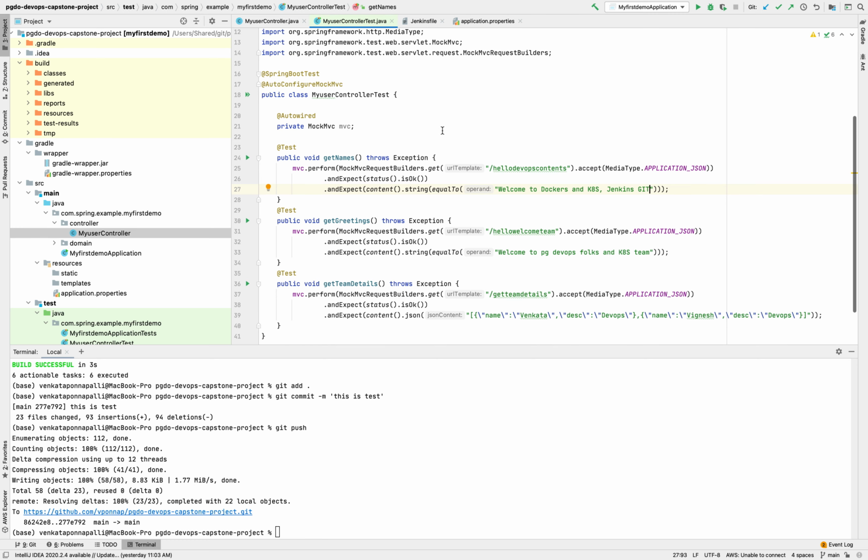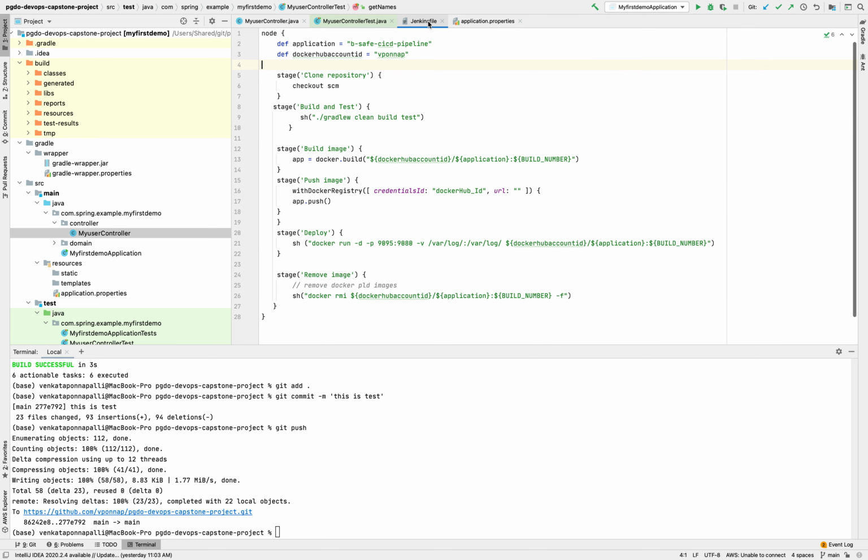We are actually asserting all these controllers in the test file. This is the test file, and we have the Jenkinsfile as I explained. In this Jenkinsfile, we are checking out the source code management, and we are doing all the build and test. After that, we are creating the Docker image and pushing the image, running this image onto the ports, and then finally removing the image from the system.